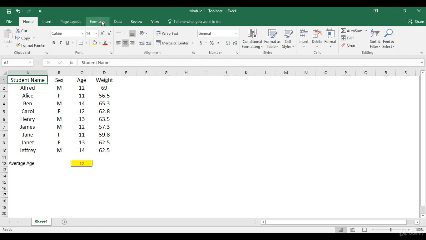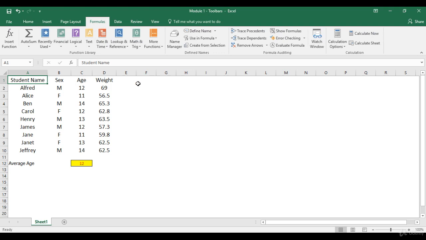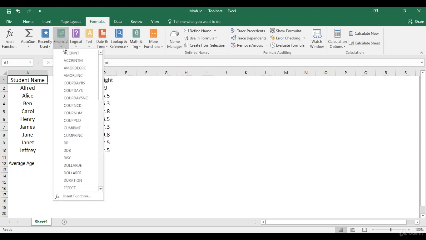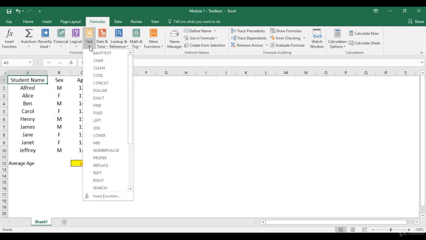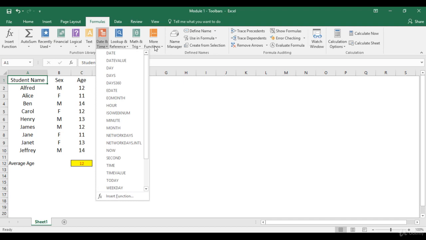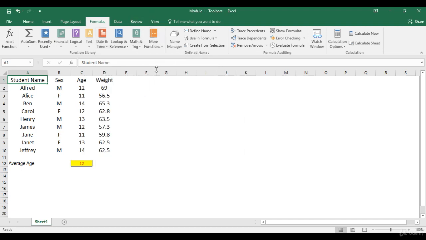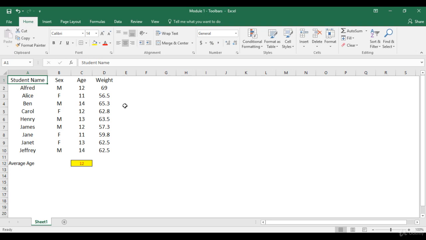Let's take example of the formulas group. In the formulas group, we've got all the different types of formulas which are there in an Excel file. We've got the logical formulas, we've got the financial formulas, we've got text, date and time, we've got statistical formulas as well. Apart from the formulas, we've got some formula auditing commands as well. Now what I'll do, I'll walk you through these groups one by one and we'll discuss some of the commands which are used on a daily basis.